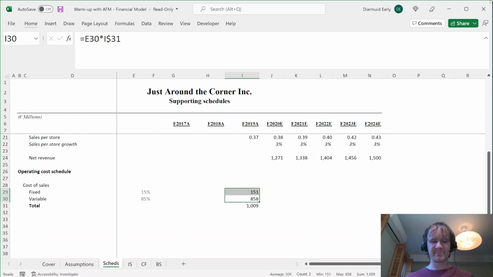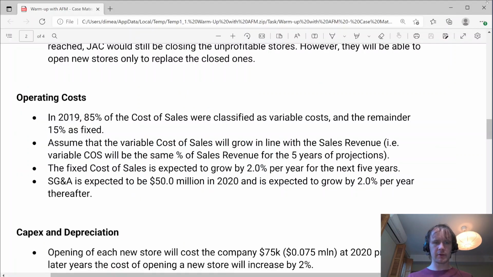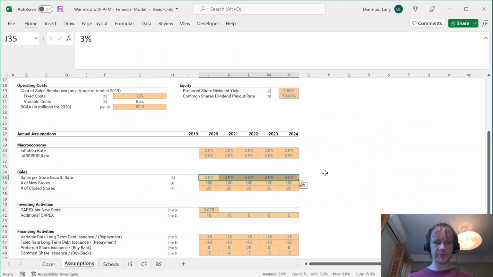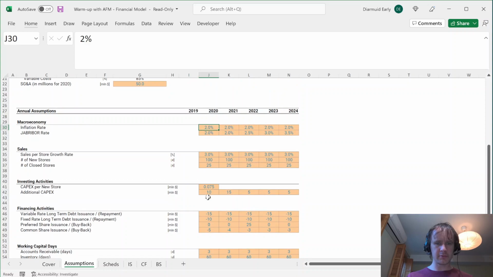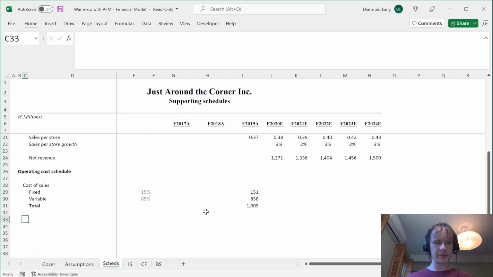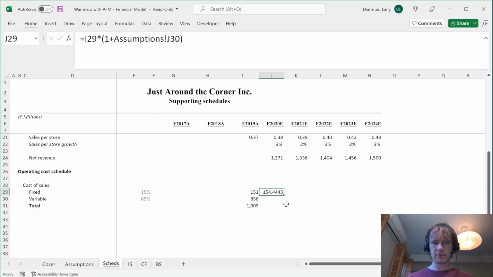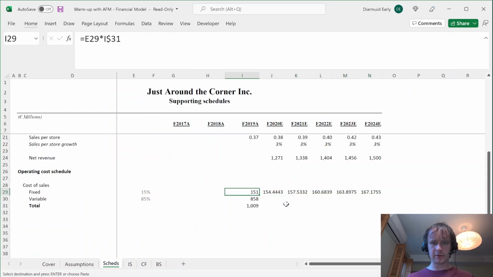Okay, so now let's have a quick look. Fixed costs grow by 2% a year for the next 5 years, which I assume is over here somewhere. Inflation rate, probably just that, unless there's a separate one, no, it's in line with inflation. Fine, so then my fixed costs will be that times 1 plus inflation rate, carry it across,